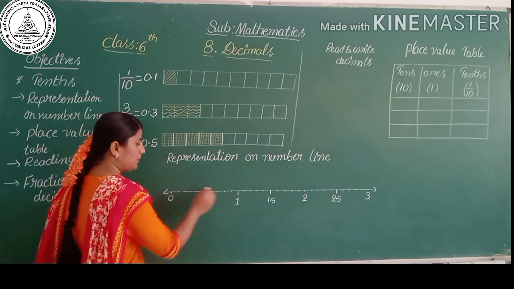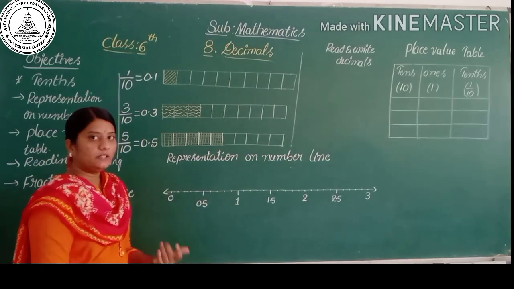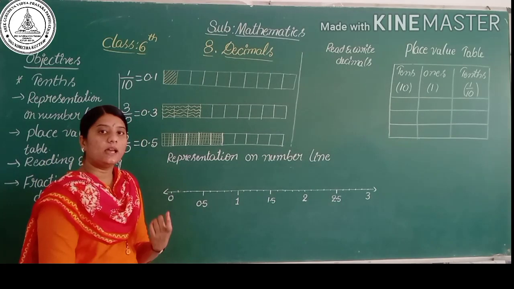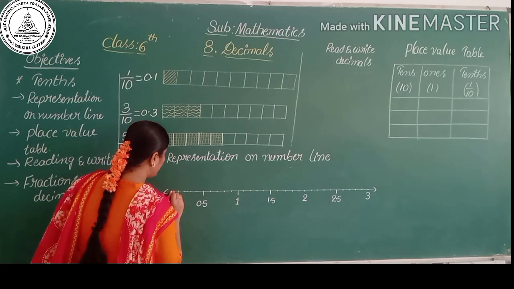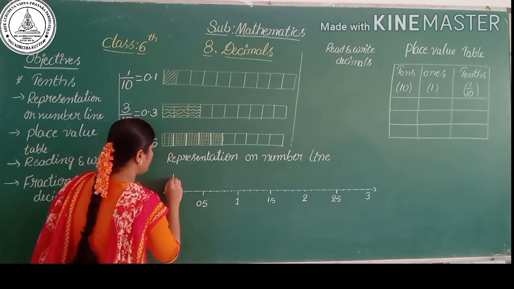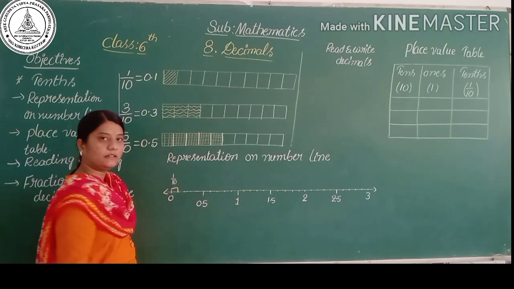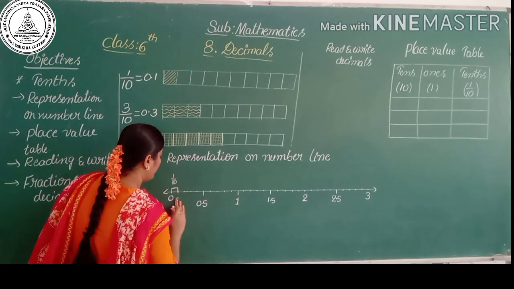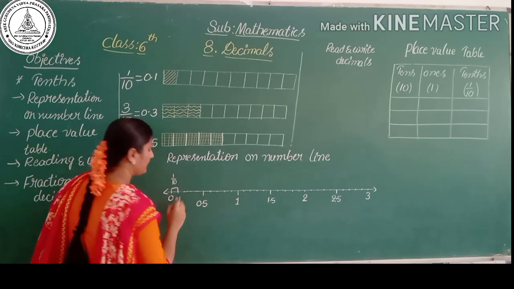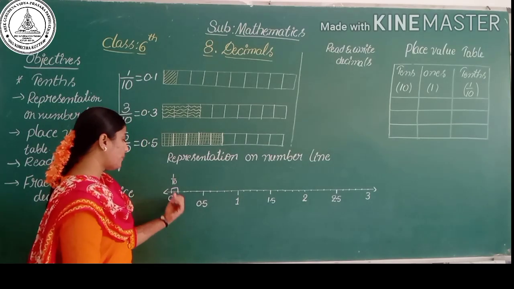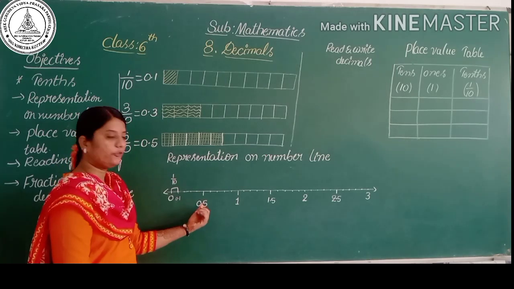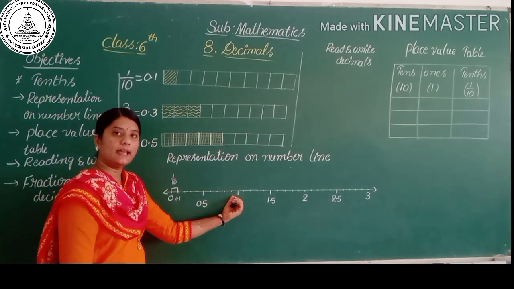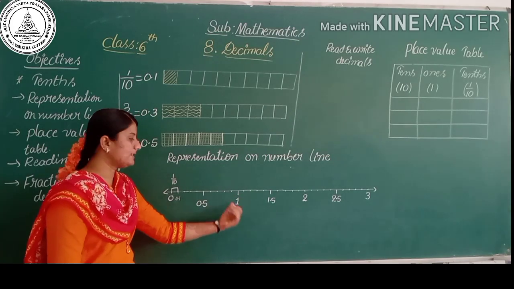So we can say that each part represents 1 by 10. So here this part represents 1 by 10. It means the first part represents 0.1. Okay, so each part is 0.1, 0.2, 0.3, 0.4, 0.5, 0.6, 0.7, 0.8, 0.9